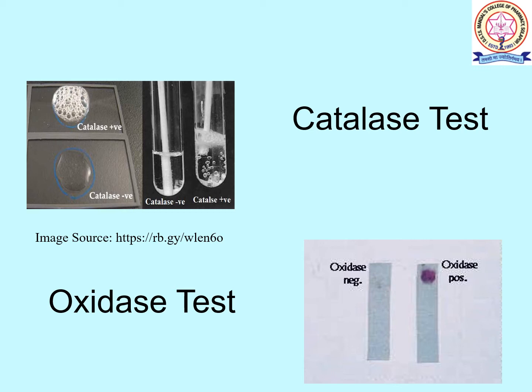Here is the filter paper test, this example is of the filter paper test. Another we can go for the direct plate method or the swab method. These three are the different techniques by which the same test can be performed. For the dry filter paper method, a strip of Whatman's number 1 filter paper will be soaked in the solution of tetramethyl-para-phenylenediamine dihydrochloride.